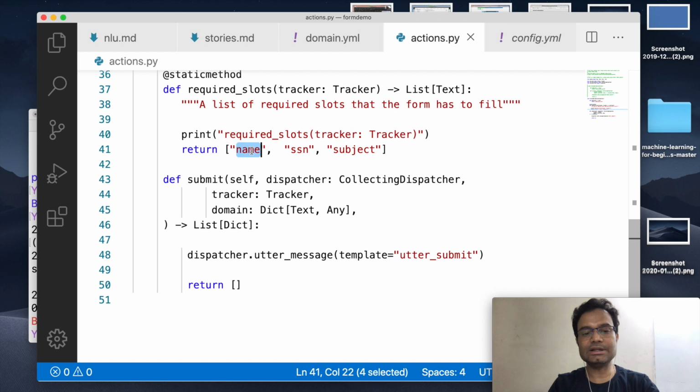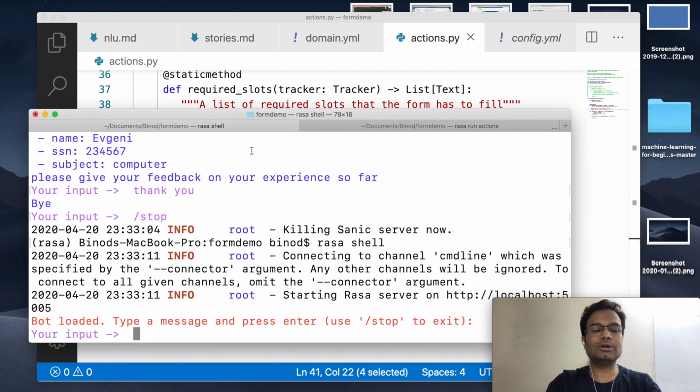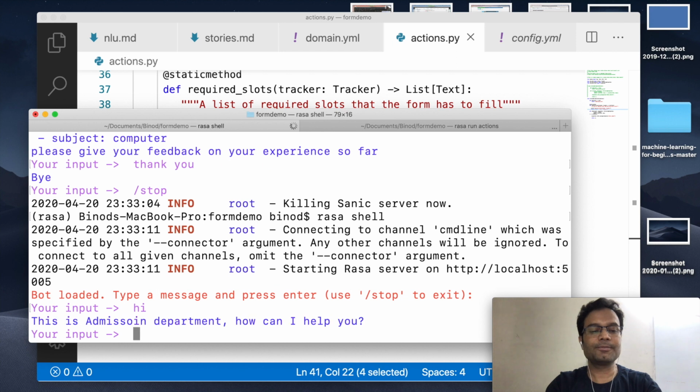The moment it sees that the name has already been entered, it will not ask to enter the name again. This is the beauty here. I will show you. I put hi. It is saying this is the admission department. Here I say PhD admission for Menachem. This is the name.